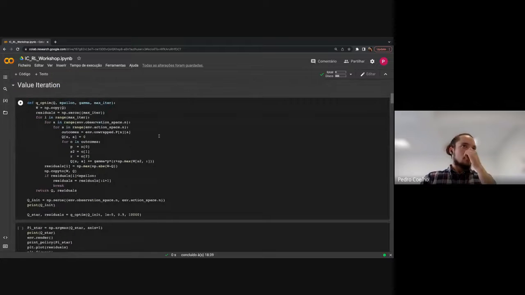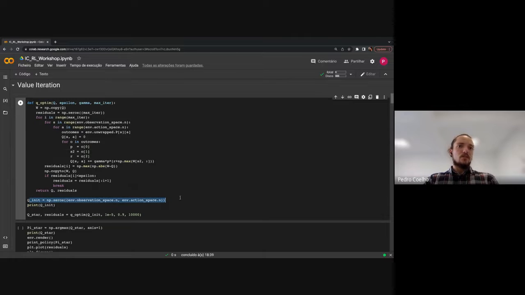And this is where we start taking a look at value iteration. Basically, as I said, the Q table starts with zeros. So this is just an array of zeros with shape 16 by 4. And then you pass this into a function, and this function basically starts by copying the array, and then does a lot of iterations. For each of those iterations, it goes through all the states and all the actions. It gets the outcomes of P,